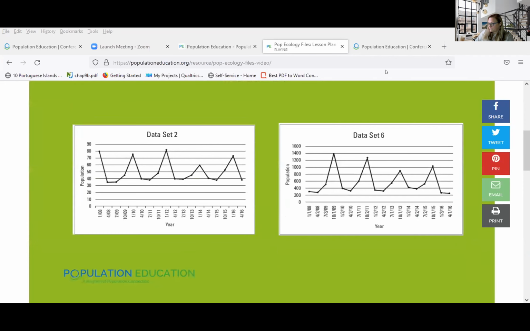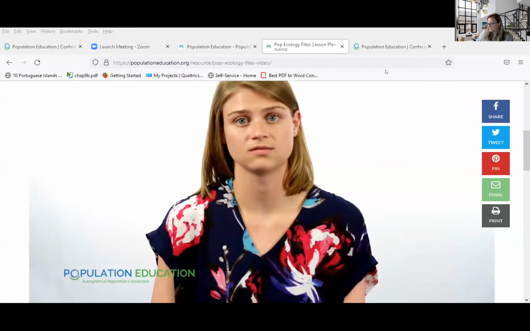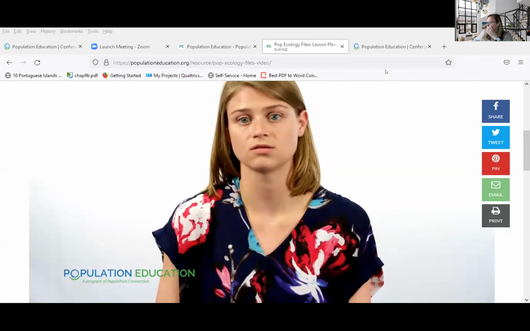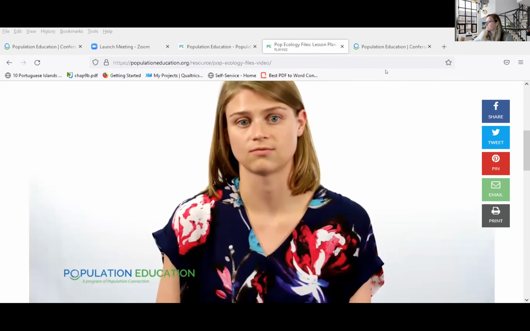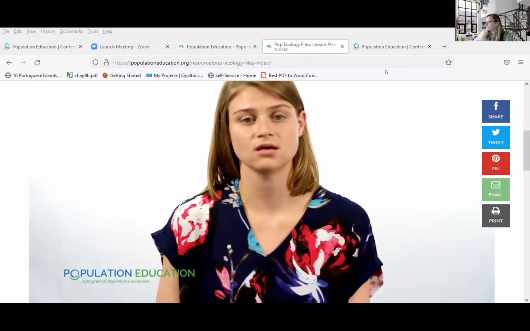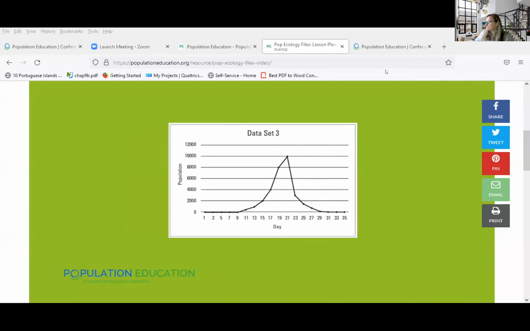The trick is to look at the overall numbers on the y-axis. You're always going to have higher populations of your prey animal than of your predator animal in an ecosystem. So number 2 has to be the fox because its total population numbers are always lower than number 6, which is the rabbit. Taking a look at graph number 3, this one shows rapid exponential growth, and then it experiences